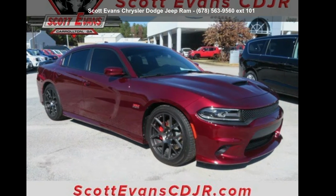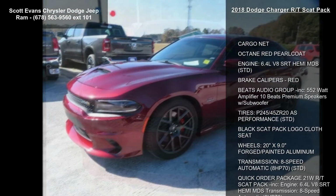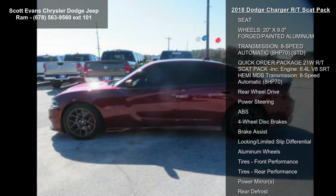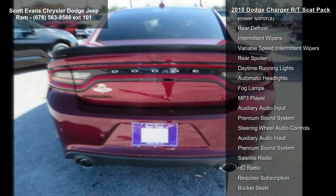Arrive in style with this Dodge 2018 Charger R/T Scat Pack. If you are looking for a first-rate auto, this one could be yours today. This vehicle's top features include cargo net, Octane Red Pearl Coat, engine: 6.4L V8 SRT Hemi MDS, STD, brake calipers,